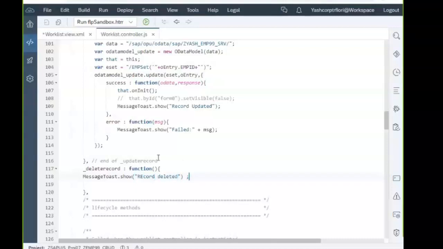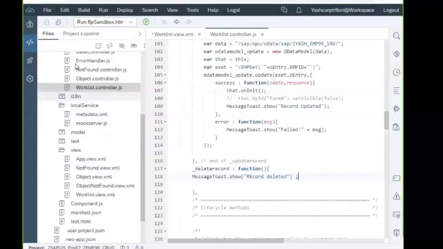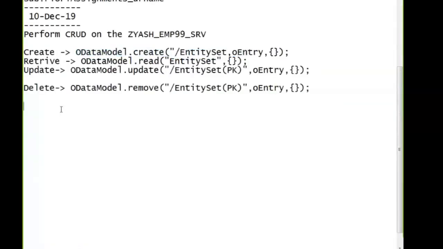Okay, now let us try to deploy this application to the backend and have it accessed from the Fiori Launchpad. Okay.